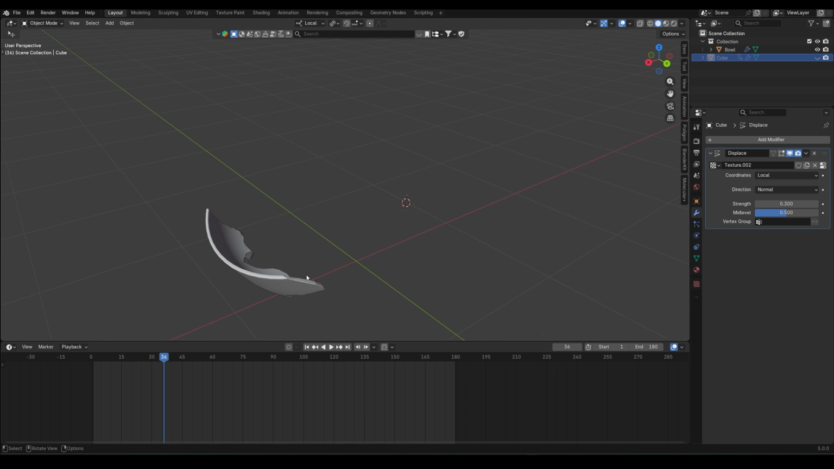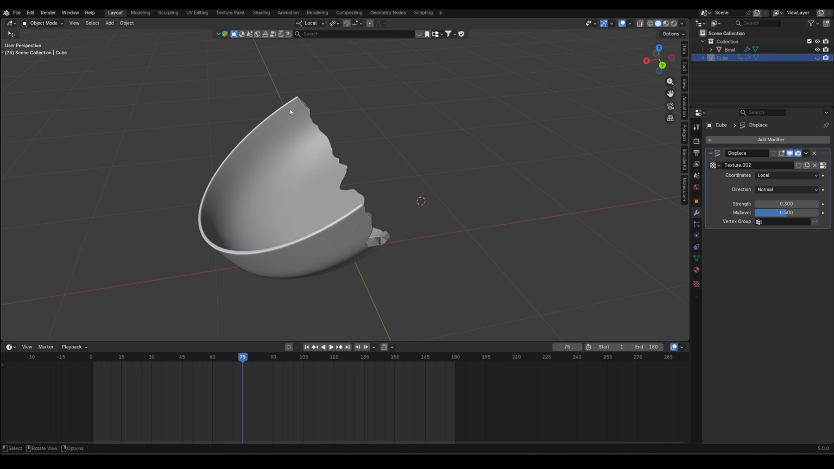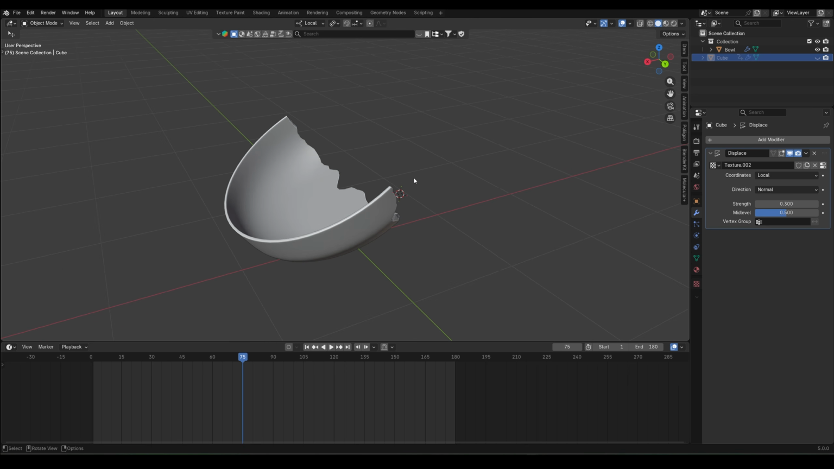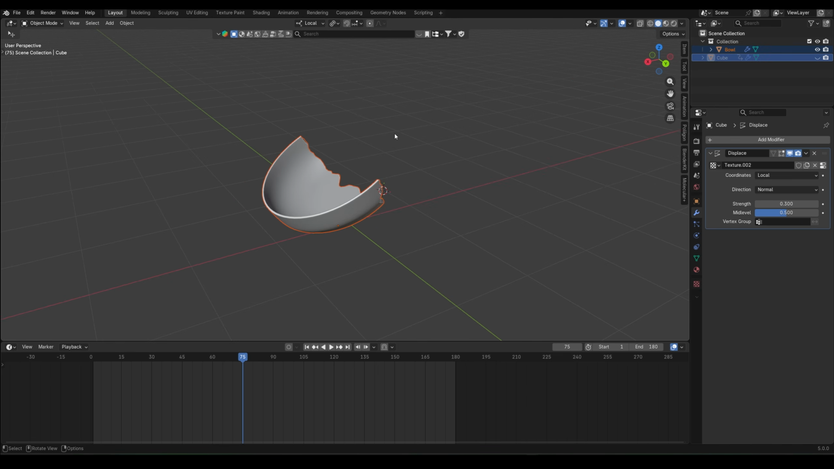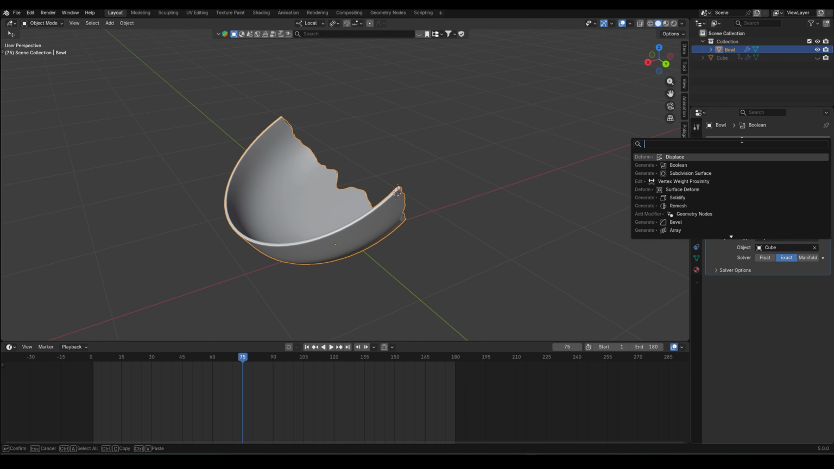So now what I'm going to do, I want this part also to feel like it is morphing and revealing this product. So to do that, I will just turn this off, and I will select this part and again add a modifier. From the drop down, I will search for displace,